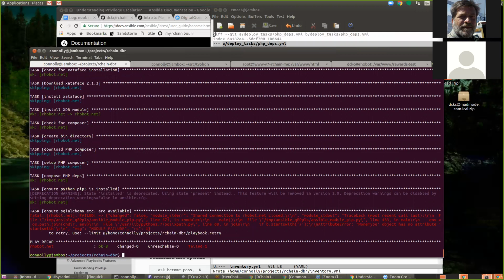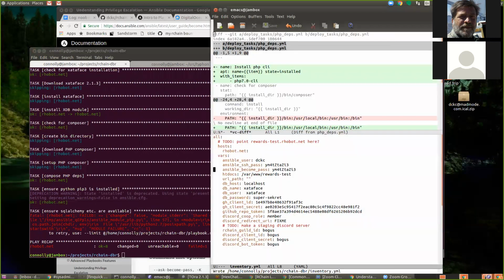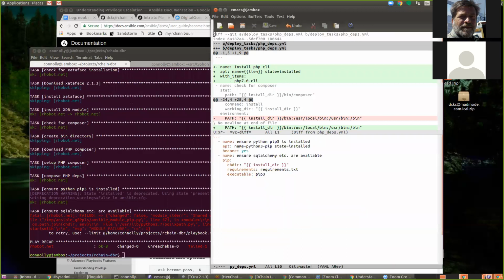Okay. Now what? Okay. Ensure SQL Alchemy, etc. installed. It'd be nicer to do this in a virtual environment, but